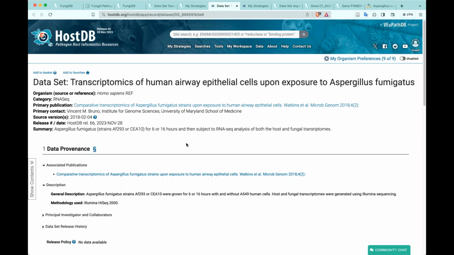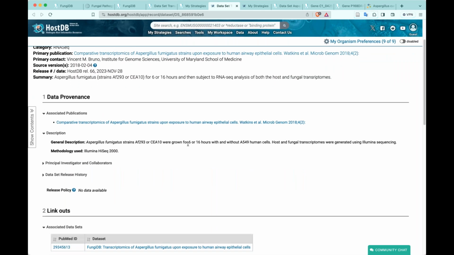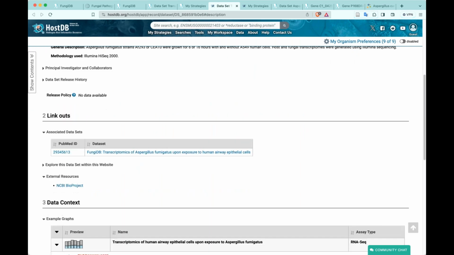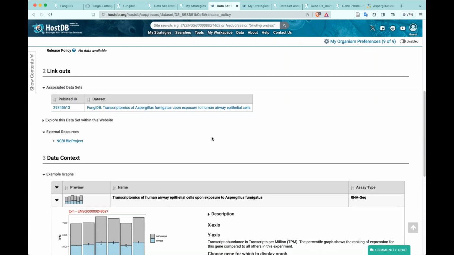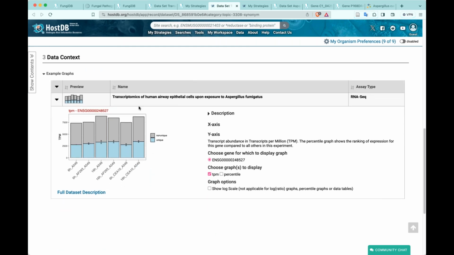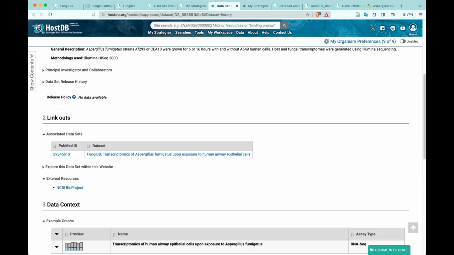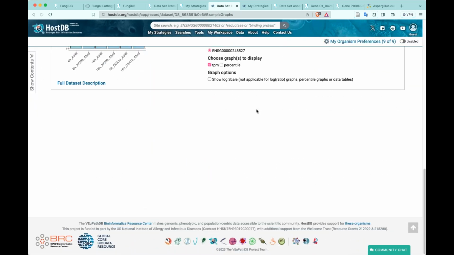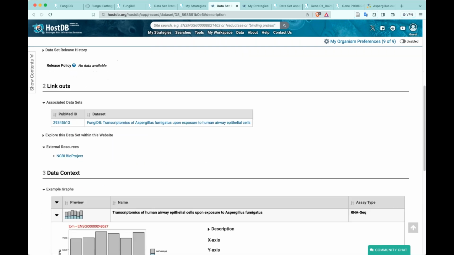And so in this case, having these 2 data sets available for essentially data mining, you could envision setting up a search that may look for genes that are regulated in Aspergillus fumigatus and also in the host, such as human cells, in response to the infection. And so as I'm scrolling down the page, notice that there is a representative example graph for the different samples, and also a list of the searches that you can employ for this data set. So if I scroll a little bit, see, for some reason they're closed off,